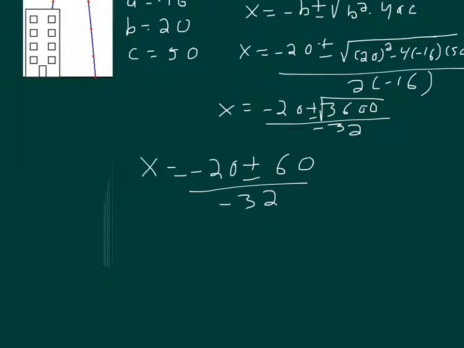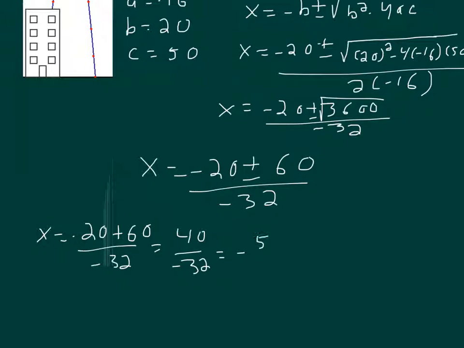Now at this point we're going to want to split it up, and we're going to have negative 20 plus 60 over negative 32. Negative 20 plus 60 we know is 40 over negative 32. And 40 over negative 32, I could reduce that to negative 5/4 by dividing everything by 8, but it probably makes more sense to think about this as negative 1.25